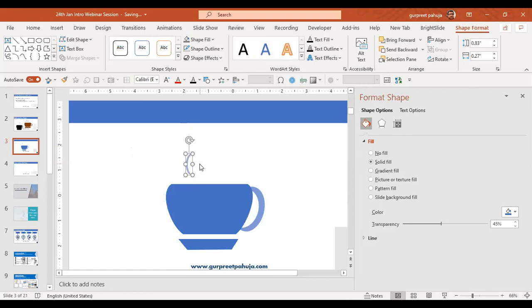I'm moving this. I will do Control D and I will rotate, flip horizontal. And I'll adjust this like this. I will select both of them and do Control G. I'll do Control D to duplicate it.